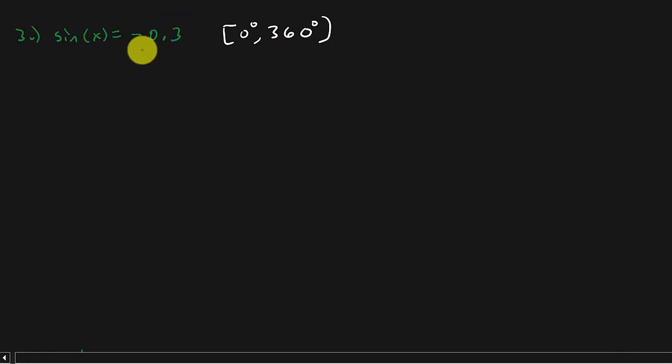And then I think I have another one like this later on where it's a decimal and you can't use the unit circle, where we'll do it in radians. But let's just do this one in degrees so you can see it, I think you'll understand it better. So first thing,